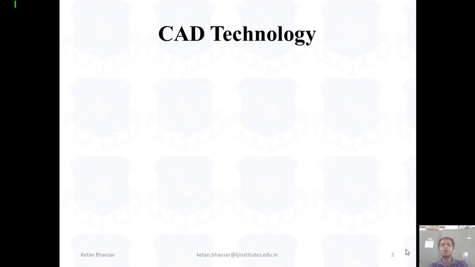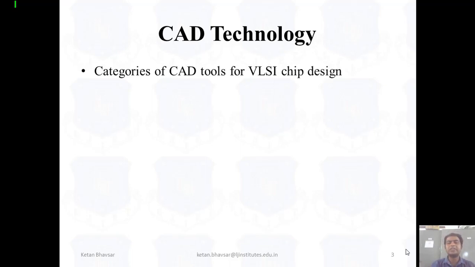So today's topic, we are talking about CAD technology. It's computer aided design technology. We are using a number of software tools and hardware tools like PLC, SCADA, Arduino board, AVR Studio. These are the different tools we use when we are working with the electronics part or dealing with embedded technology and communication technology. So these are the different tool categories when we're talking about VLSI chip designing.